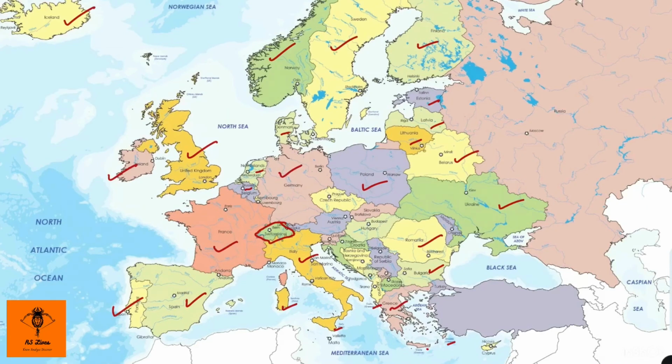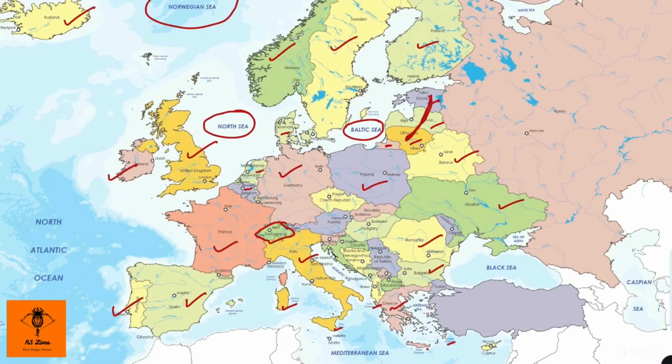We have Norwegian Sea at the top of it between Iceland and Norway. We have North Sea between UK and Norway, the area occupying between these three, the Europe's mainland, then we have Norway, and then we have UK. And then we have Baltic Sea. That is why these three countries are known as the Baltic countries: Estonia, Latvia, and Lithuania. And you see a pink portion over here. This portion is actually a part of Russia.